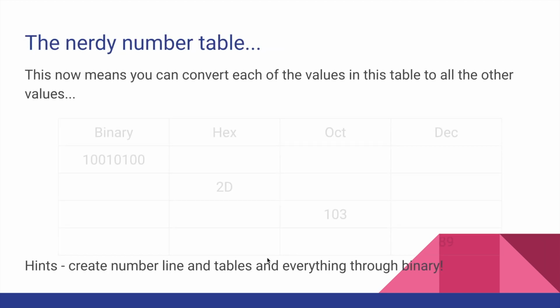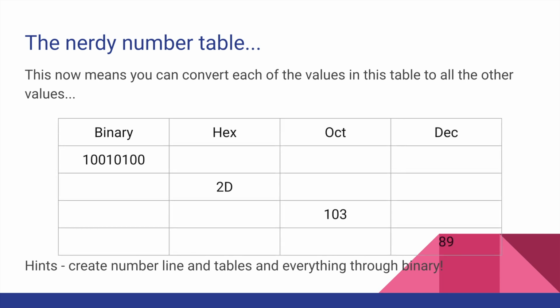Now this means that you can convert values from binary to hexadecimal to octal to decimal. And in fact, it's quite easy to do. Follow the steps. Step 1, draw the binary number line. Second, draw the hex conversion table. Third, draw the octal conversion table. That's it. Now this is the last slide in this part of the presentation, so I'm going to leave this going for a moment. You should be able to copy this table into your workbook